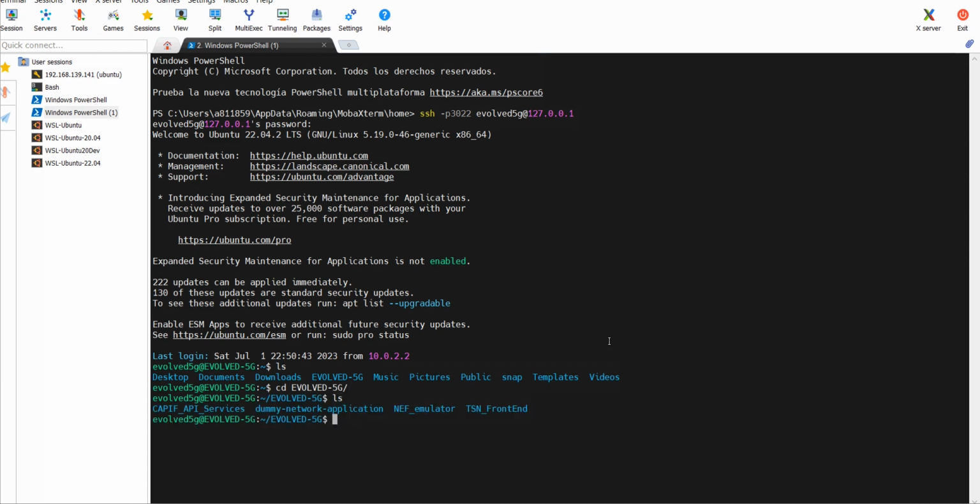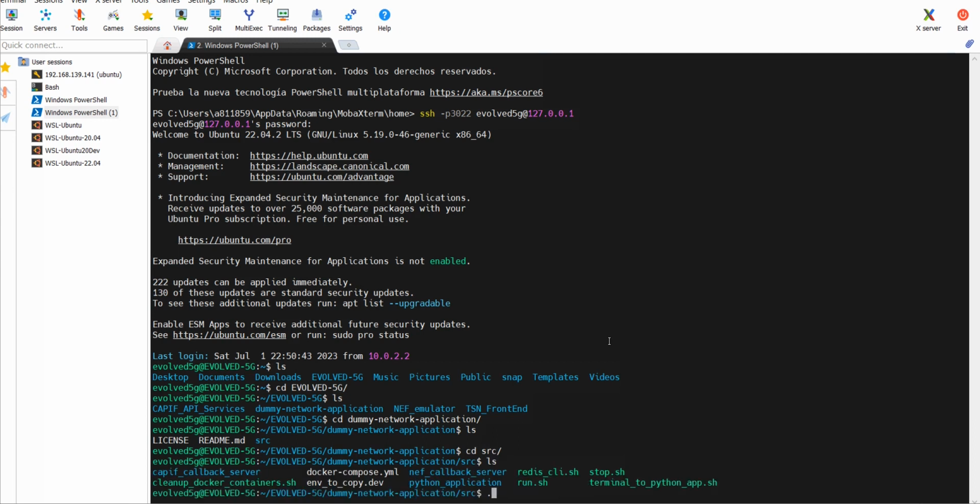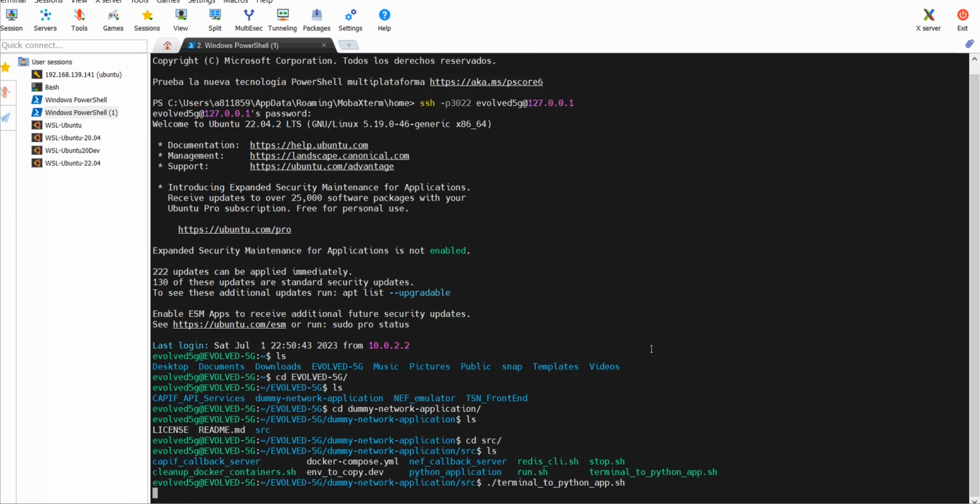There we have all the software: the CAPIF, the NEF, the TSN. We also have the dummy network application, which is a dummy example that we provide. If we go to the dummy, go to the source folder, and then execute python app, it means that we are accessing the network app that is already deployed, registered and onboarded into CAPIF. And once we have it, we execute one of the examples, which is, for example,